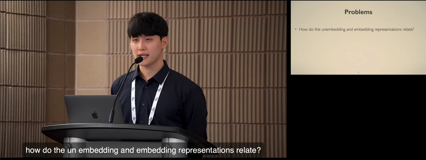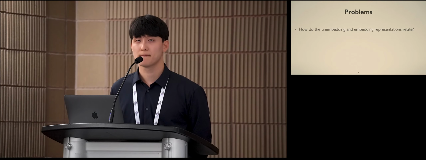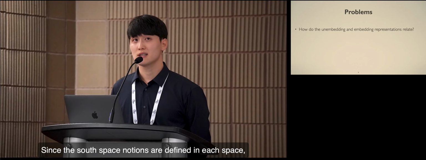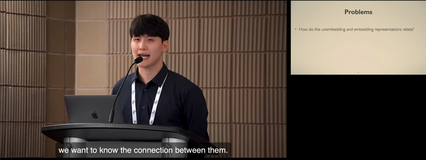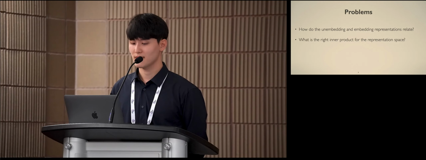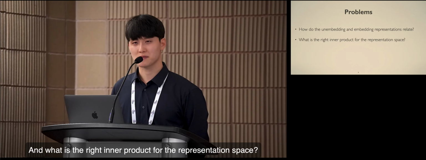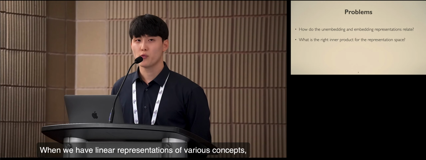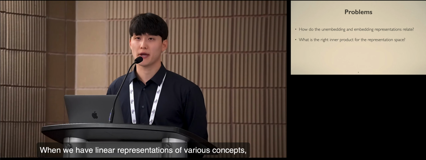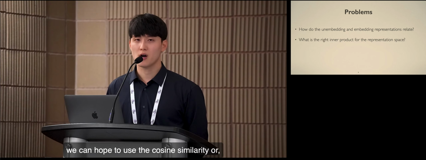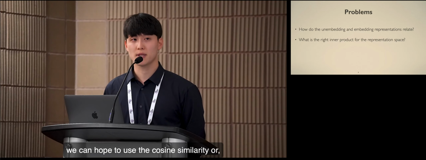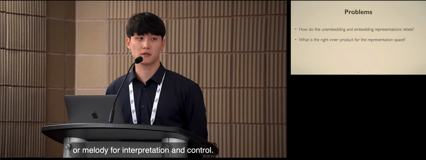How do the unembedding and embedding representations relate? Since the subspace notions are defined in each space, we want to know the connection between them. And what is the right inner product for the representation space? When we have linear representations of various concepts, we can hope to use the cosine similarity or orthogonality for interpretation